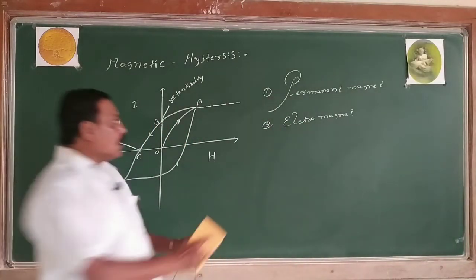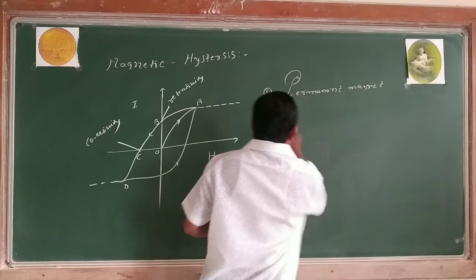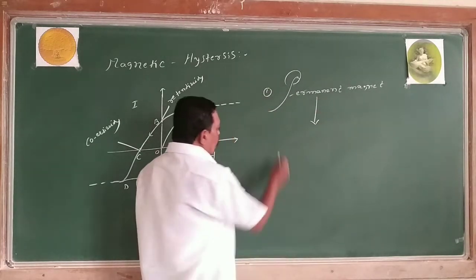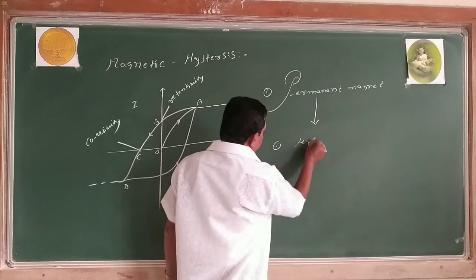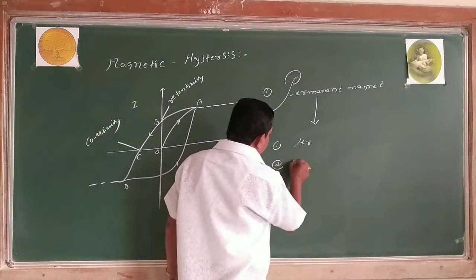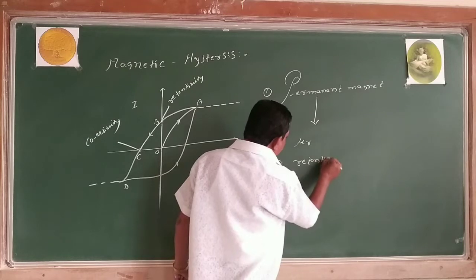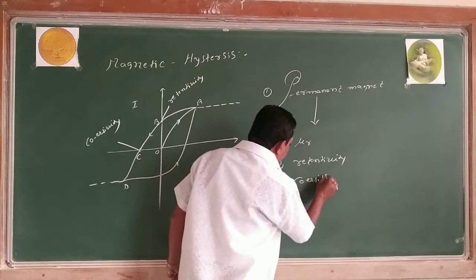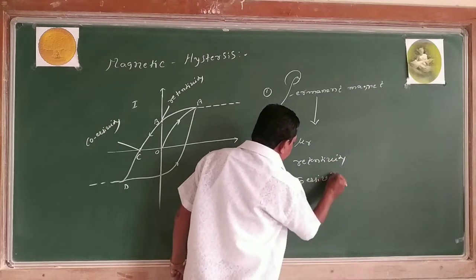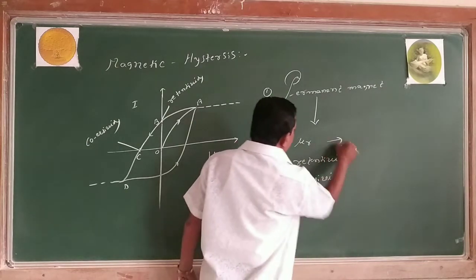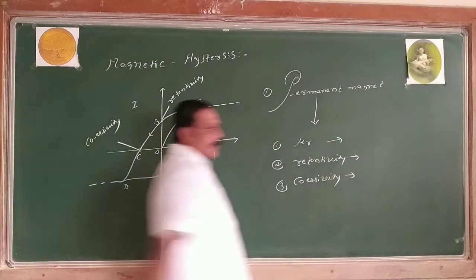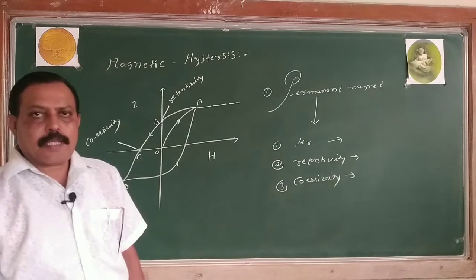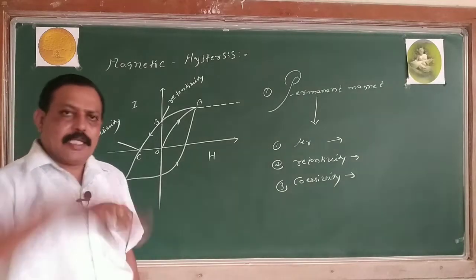Then what are the properties of a permanent magnet? To have the permanent magnet, what are the things required? First one, relative permeability. Second one, retentivity. And third one, coercivity. There are three terms here. Unless the substance allows the magnetic lines of force to pass through it, it never becomes what? A magnet. Whether it is to become a magnet for a short time or for a long period, mu r